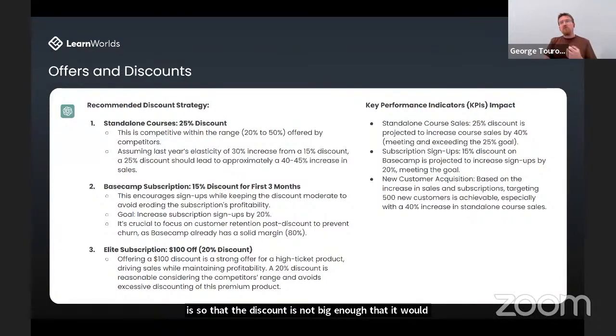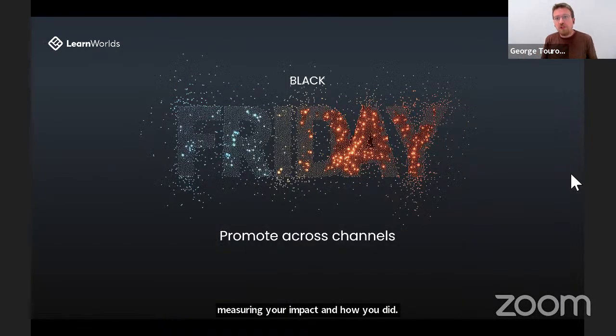And it also outputs some key performance indicators. Some of these will play a part in the last part of our presentation when we will be speaking more about measuring your impact and how you did. For now, passing the ball to Harmony, who will show us how to get the word out there through email marketing.